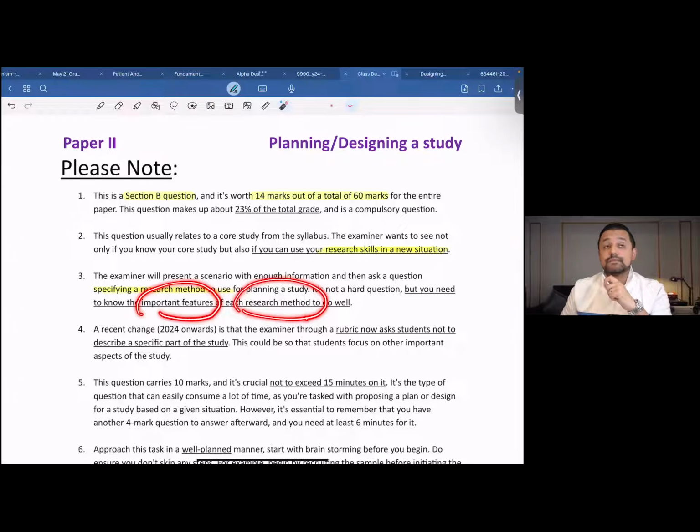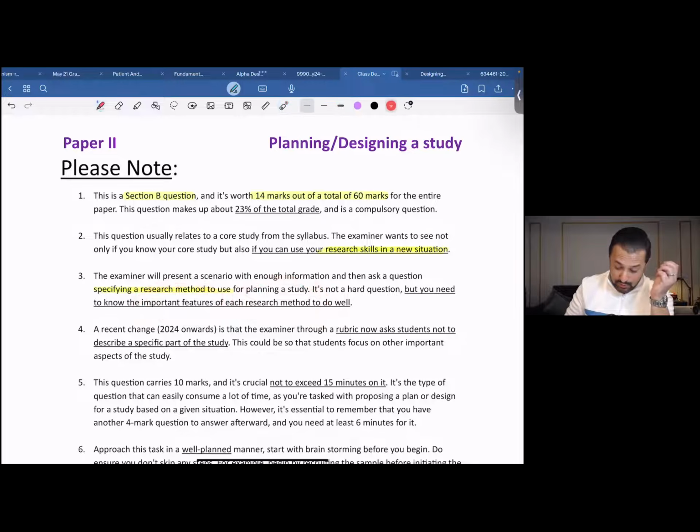And recently the CAI has published these important features as well, which I'd be sharing with you all. Knowing them well and then being able to apply them, or ensuring that you're making them a part of your plan, is what is going to get us marks. Of course, there's a bit more to it as well, but this is a core thing that I'd want everyone to keep in mind and not to miss. I just put an asterisk over here. So yeah, taking this ahead, the fourth point,